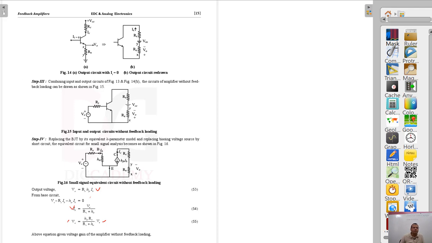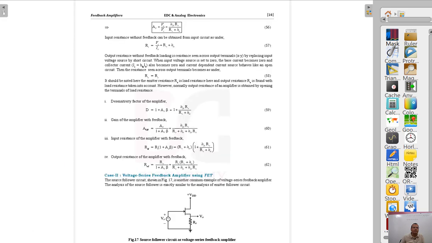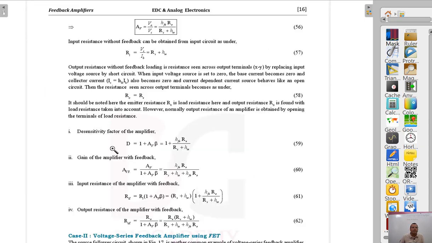I hope this is clear. Now let us see it further. Here we have obtained the voltage gain of the circuit